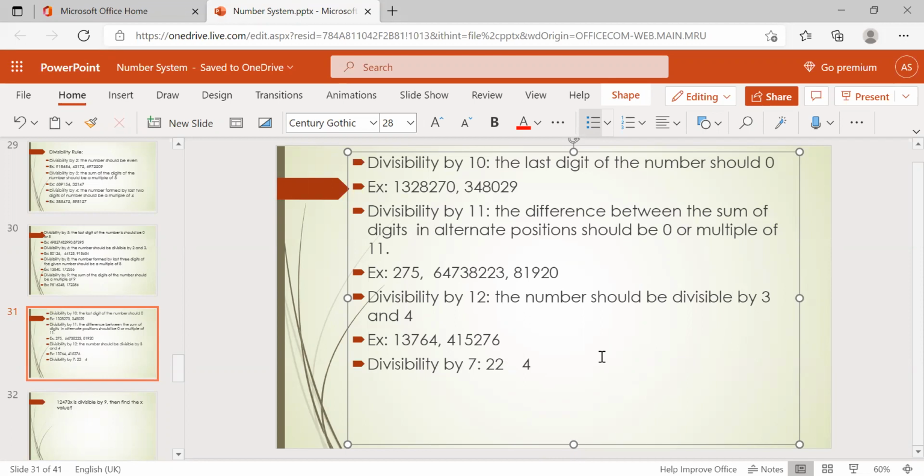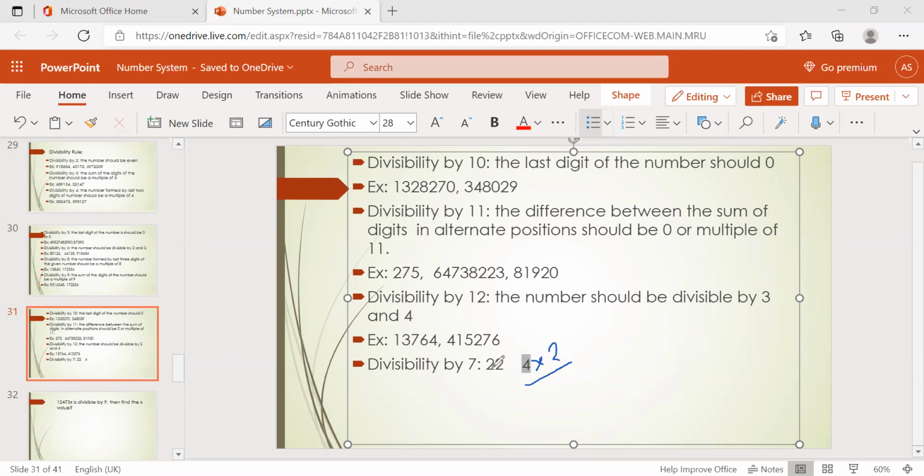The first step to check divisibility by 7 is to split the number. Split the number means, first of all, separate the unit digit, 4, and the remaining part, 22. Then the unit digit is multiplied by 2. What is the resultant number we get?